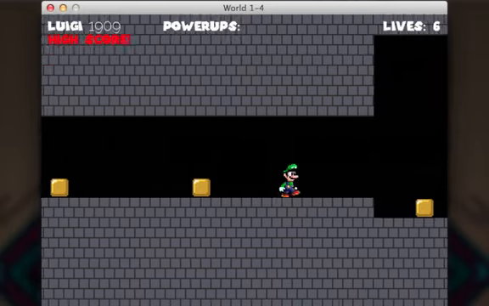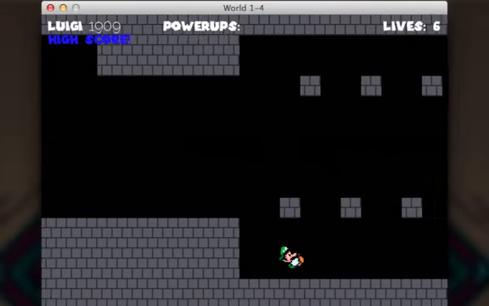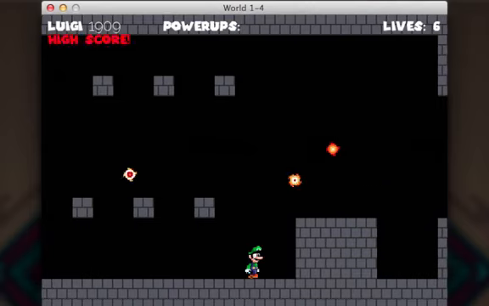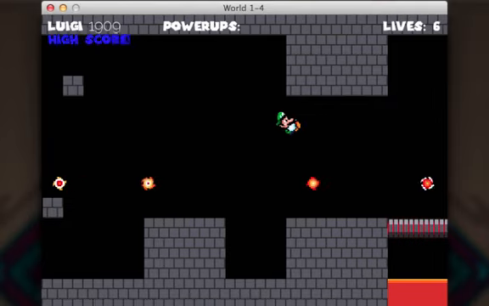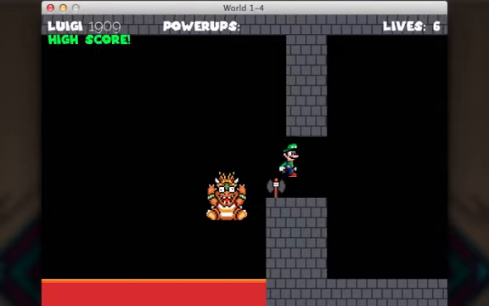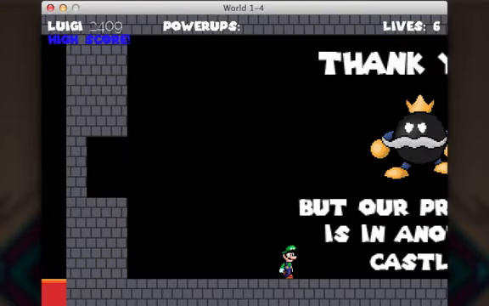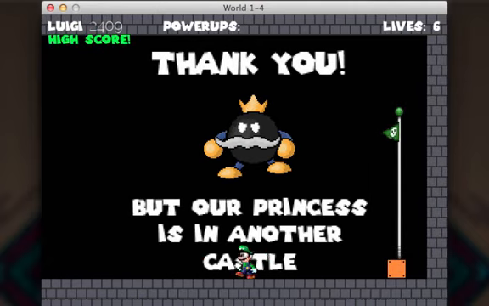So let's get to Bowser. Here you can see that Bowser is shooting fireballs at you, just like in the game. It's pretty easy to kill him actually once you get to him. You just get to him and then he falls down and you've won the level. But as usual, your princess is not in that castle, so you have to continue your journey onto world